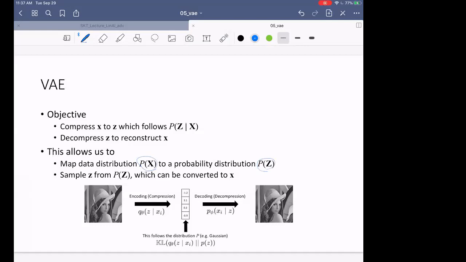But anyway, we can do that, and then sample from P(z), which can be converted to x. So if you learn a proper VAE, or proper q, then whatever z you sample from your latent space can be safely converted back to